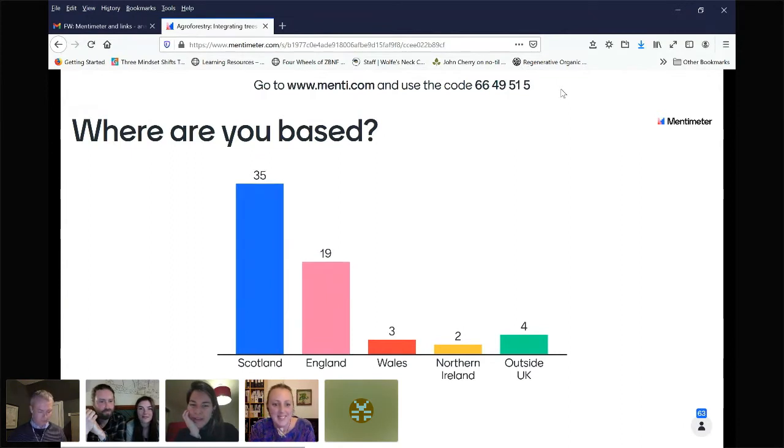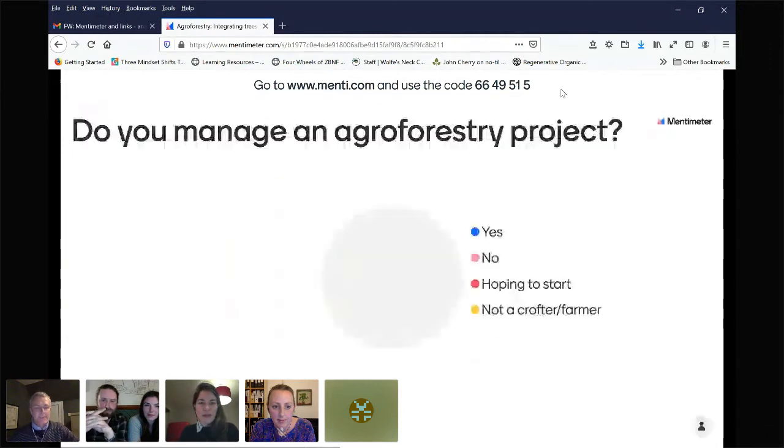But as it stands, 35 Scotland, 19 England, 4 outside the UK, Northern Ireland. It's great to see people from all over being part of it. Super pleased that you're here. And we were about to make it to 70. We made it to 70. So I'll move to the next question, which is all about whether you manage an agroforestry project now or not,